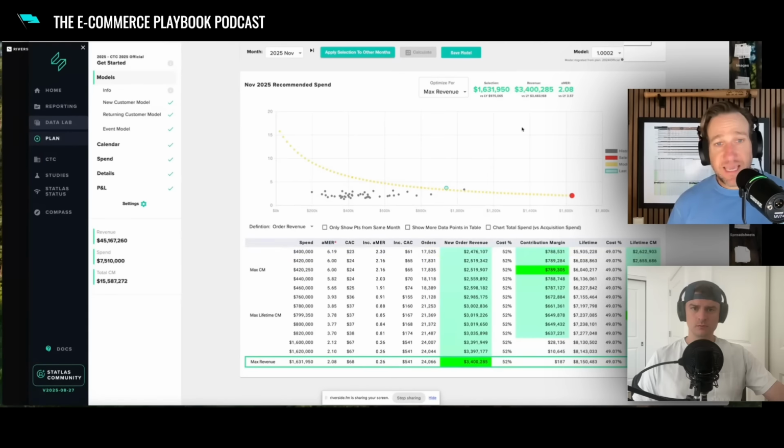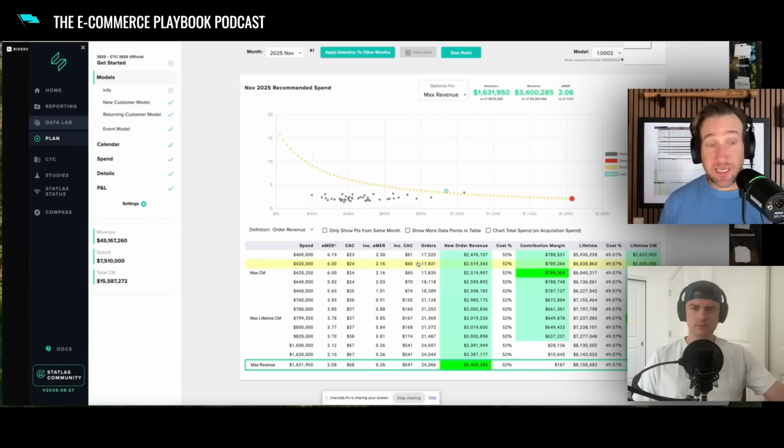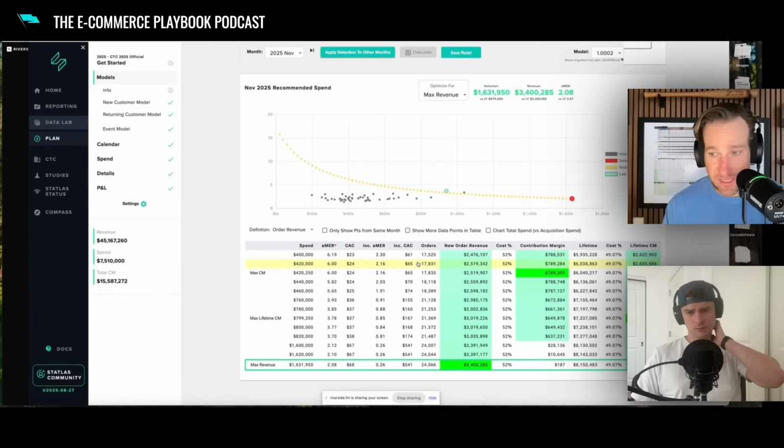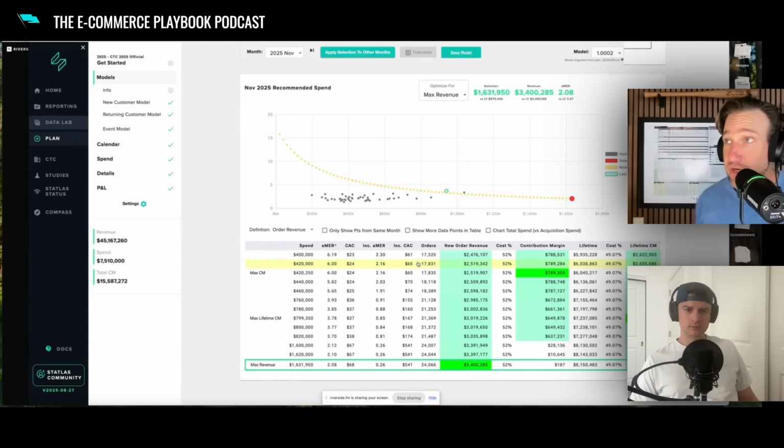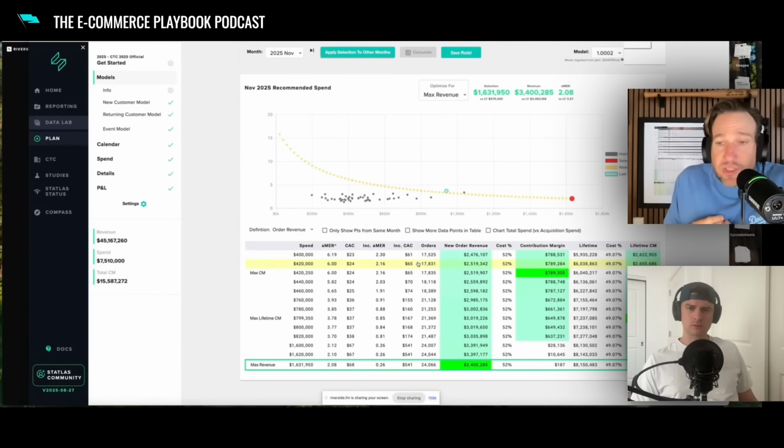So in this case, the brand can now reset their own expectations. It's going to change their financial forecast. This isn't just about changing your media, right? This isn't just about changing your budget. This is going to affect the entire financial forecast of the organization. When tariffs create change to gross margin, it changes your top line revenue potential at the same goal. This is, I think, the under-considered part: the reason your revenue year over year won't be quite as good is that you either have to choose to sacrifice efficiency or sacrifice volume. And if you want to hold this constant, that's going to be the case.